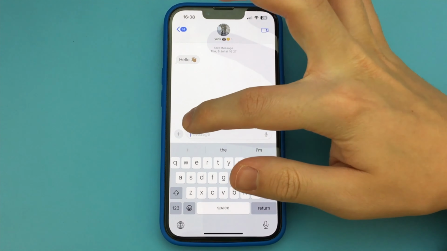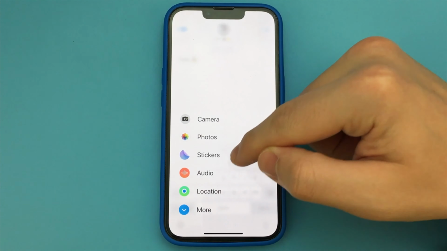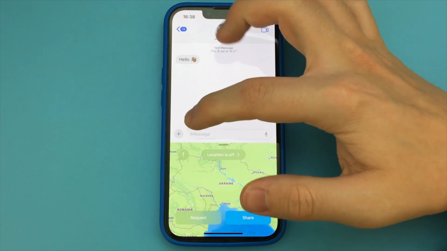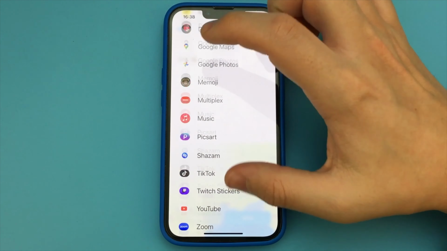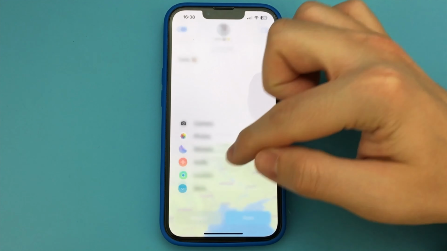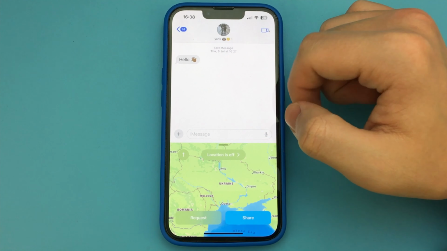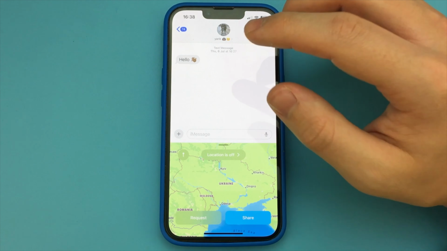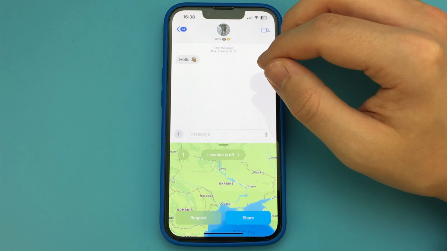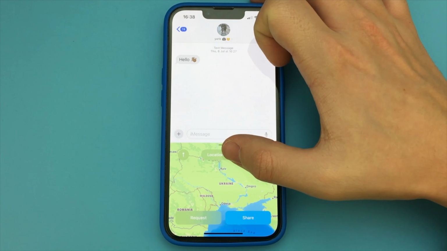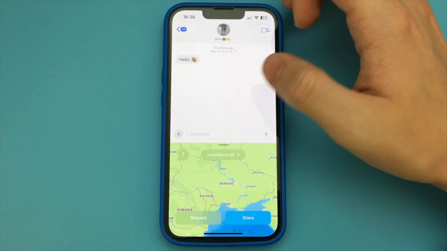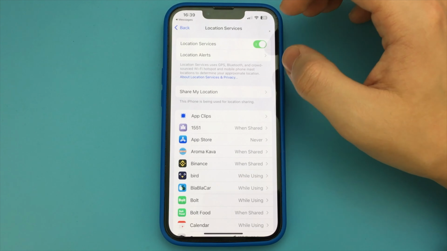To do this, you go into the messaging app. You open the chat, you press the plus sign, and you look for a location in that list. If there's no location here, you click on More, and here you find Location. You select it. Then you allow the phone to use your geo position. If you accidentally forbid it, check in the settings and enable access for the messaging app to your location.